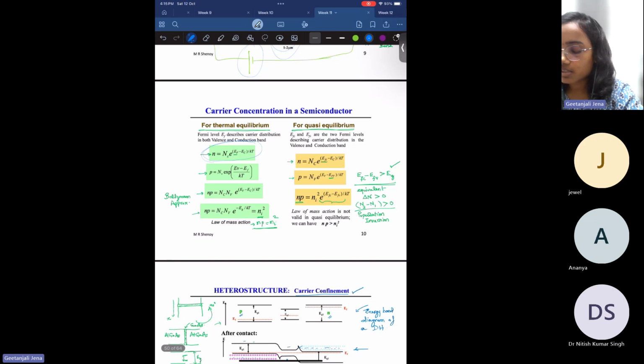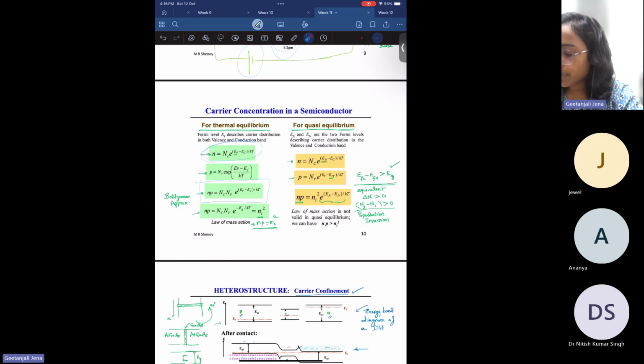Similarly, for the hole concentration, we have p equal to Nv e to the power (EV minus EF) by kBT. If you multiply both n and p, we have np equal to NcNv e to the power (EV minus EC) divided by kBT, which is this equation. Now, if you put the value of EV minus EC, which is equal to Eg, the band gap energy, we have np equal to NcNv e to the power minus Eg by kBT, which is equal to